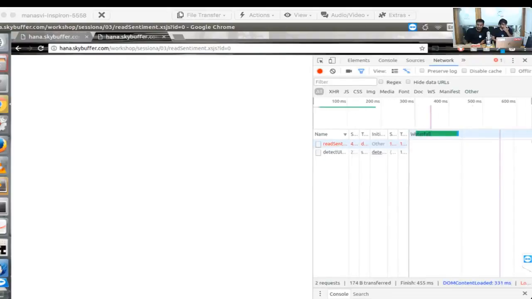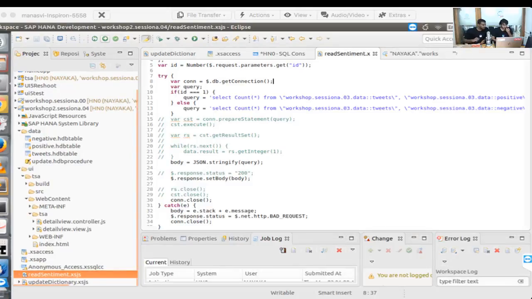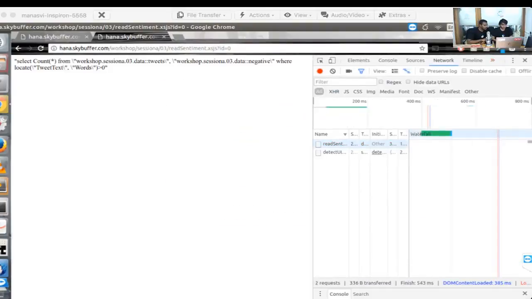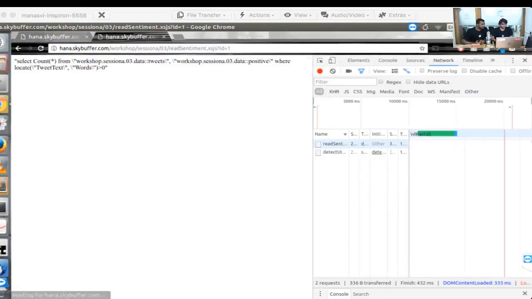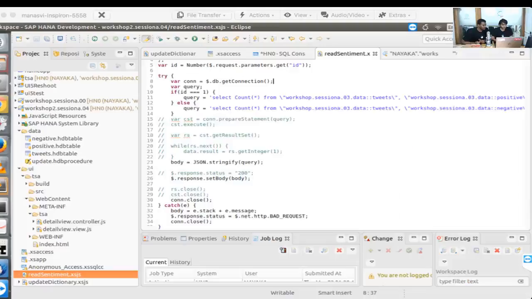I'm still getting the same thing. Okay, activate it. Yeah, see, select count from workshop 0. Okay. 03 will locate equal to tweet inverts equal to. Like if it is 1, I'll get it as positive. Yeah. So there is some problem with CST. Yeah. So basically, we have to identify if you have run